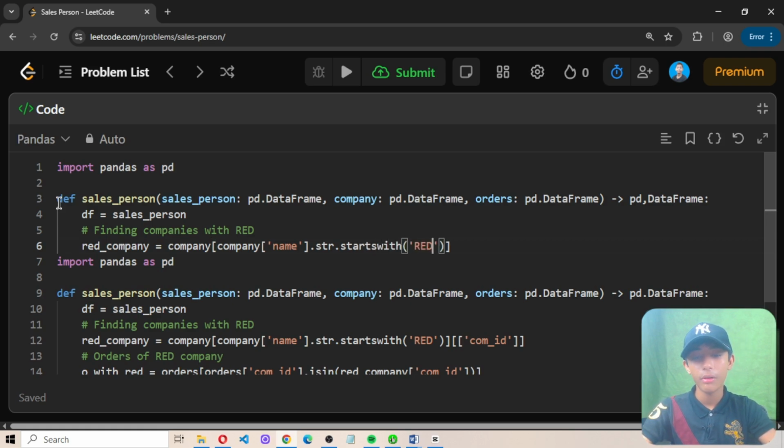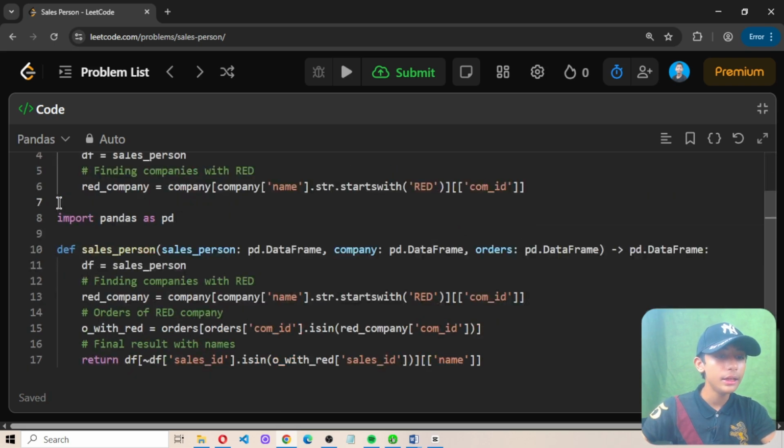And then here we define Red. And then we define one more square bracket in which we define com_id, and then id. And in this line, in the sixth line, I am finding the companies with Red.